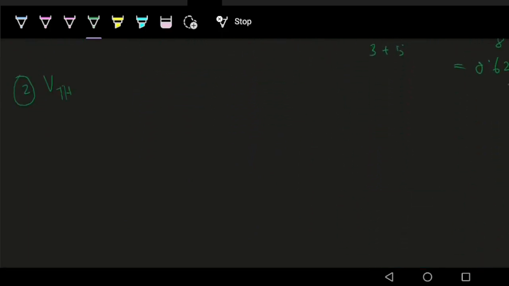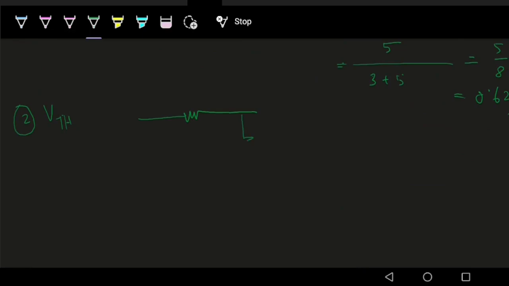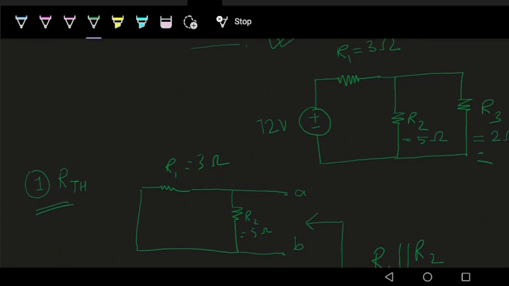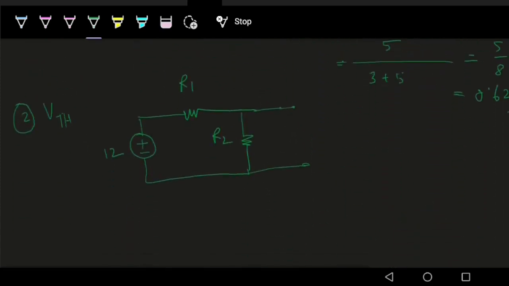Now the second step is to find the open circuit voltage, or Thevenin's equivalent voltage. So what is the step to find VTH? We have to disconnect the load. So this is the input voltage source, 12 volt, and we had a load in this port, R3, if you see the original circuit here. So disconnect this R3 and we'll see what is the voltage across this port A and B, which we'll call VTH. So VTH equals